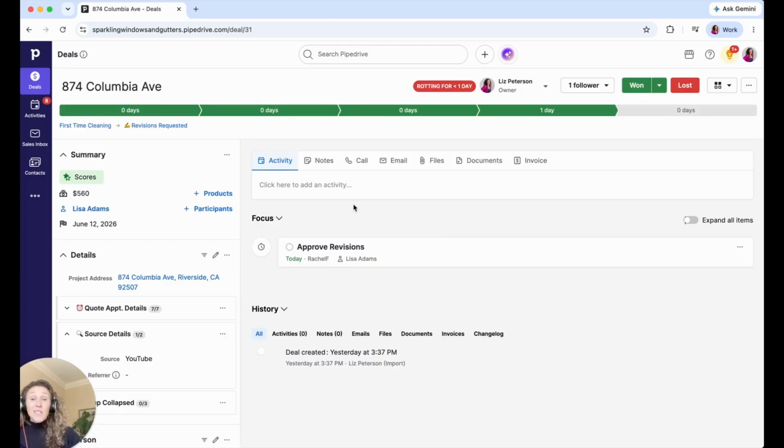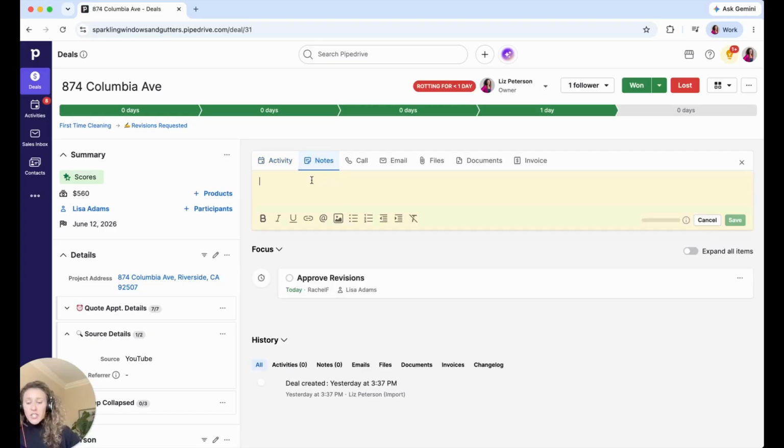And one thing that I love to do to push deals along is an at mention function. So here in the notes, if I use the at symbol, it's going to give me a list of all other users in my Pipedrive account. So Rachel's actually the one that needs to approve the revisions so that I can keep working on this deal. So I'm going to say at Rachel,